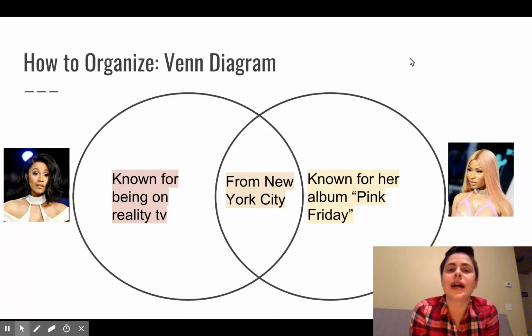So you organize this in something called a Venn diagram, which you've probably seen before. In the Venn diagram, you have the differences on the outside and the similarity in the middle. If you notice, I made this one red, this one yellow, because then when you put them together, it makes